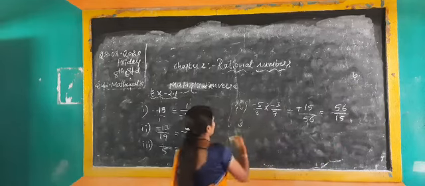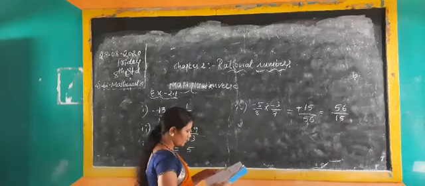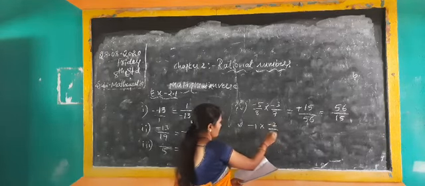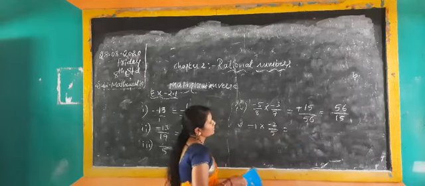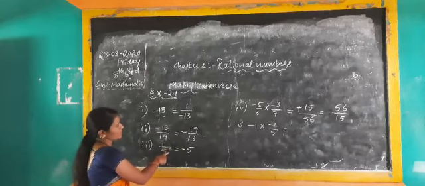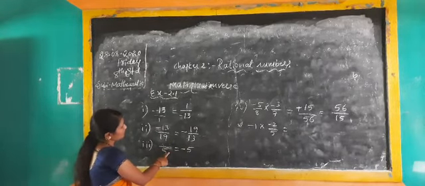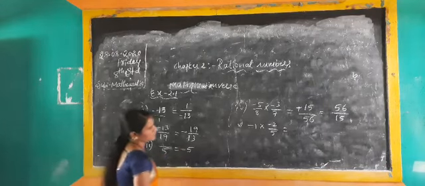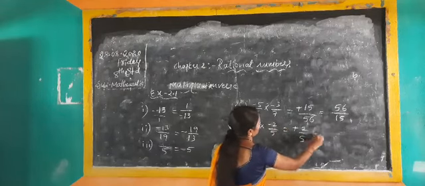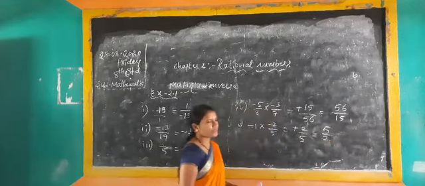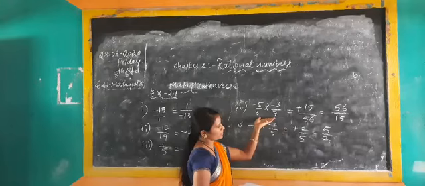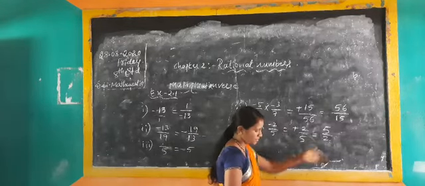Next, the fifth one. What is the fifth one's value? Minus 1 into minus 2 by 5 is there. Yes or no? But here for the inverse you should take negative. Why? Because the inverse in multiplication means just writing the reverse. Yes or no? Whatever their sign is, take it as it is, don't change it. Here multiply both, minus into minus is plus. Here 2 ones are 2 divided by 5. The inverse is 5 by 2. First whatever is there, you multiply. Afterwards take one fraction. Here 2 we are not doing, that's why you have to take 1 and remaining whatever is there you should write.